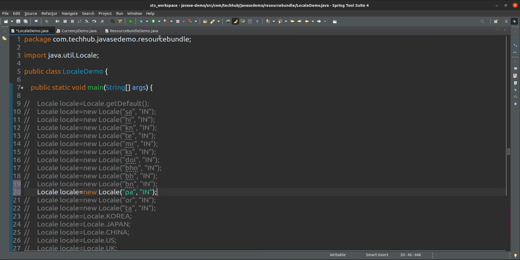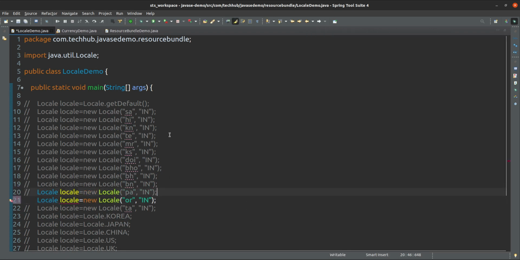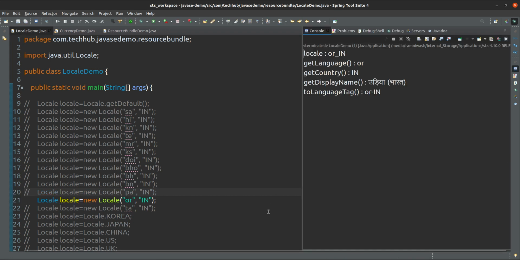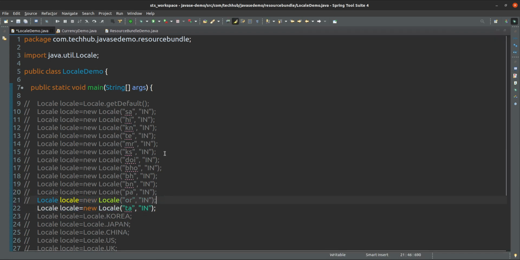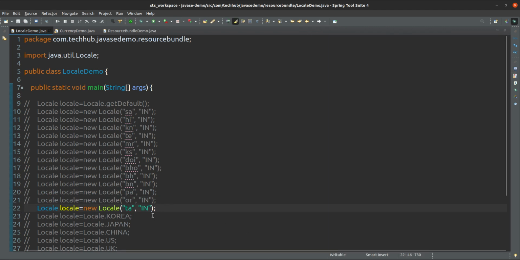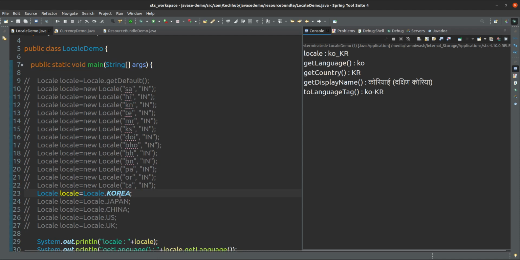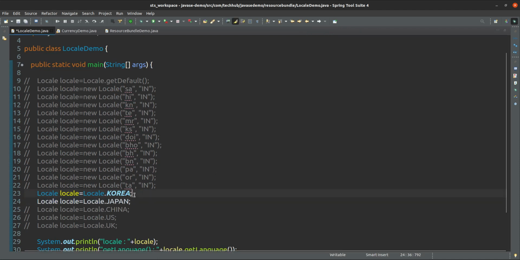Okay, PA for Punjabi, OR for Udiya, or TA for Tamil. So like that. Or if some default locales are created using this static field, that is also available. South Korea, Japan,